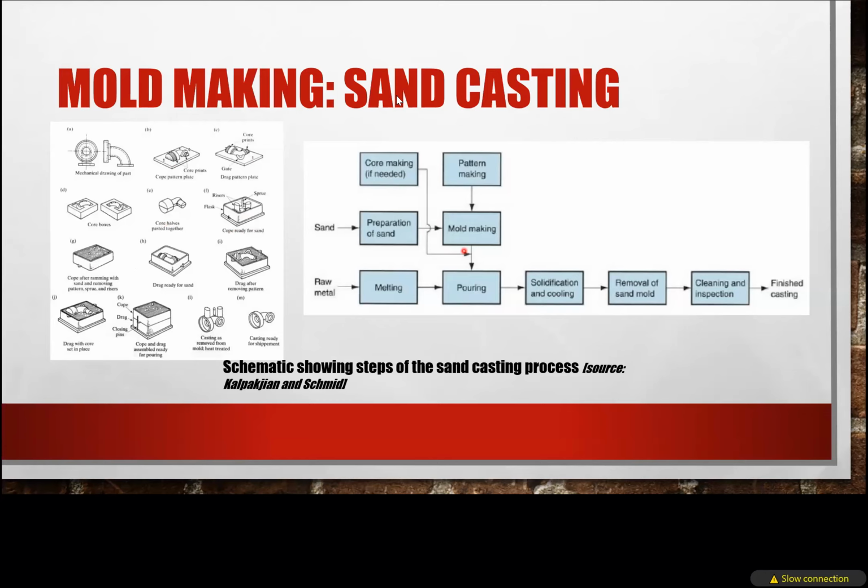After the sand making, we also prepare the drag at the same time. We place the pattern and prepare the drag. After the drag is completed, we have to remove the pattern, because patterns are used only for creating the mold cavity, the mirror image of the product we manufacture. Then the drag with core is set in place, cope and drag are to be set, and then the casting or pouring begins.